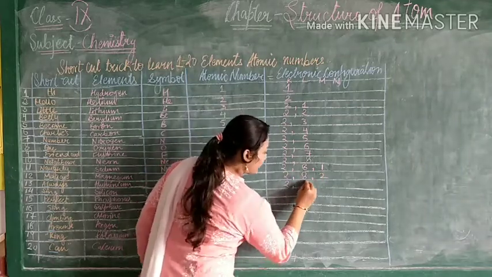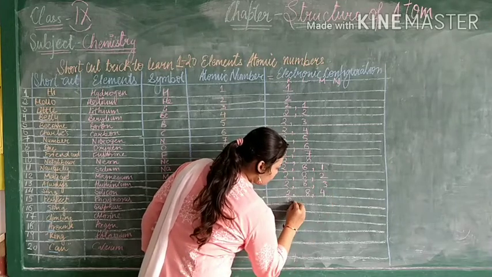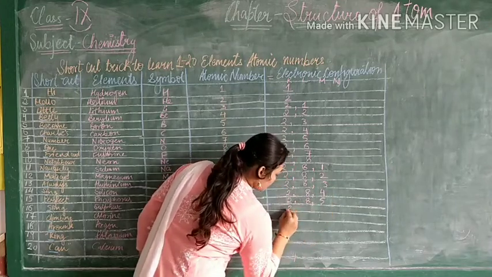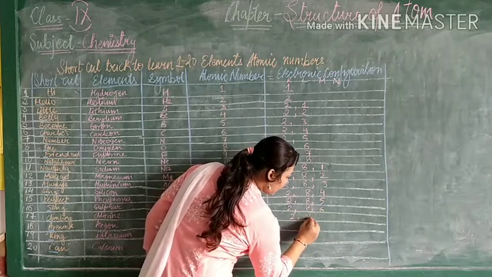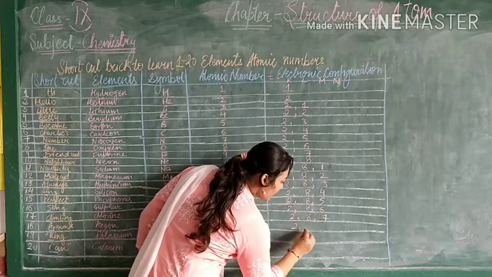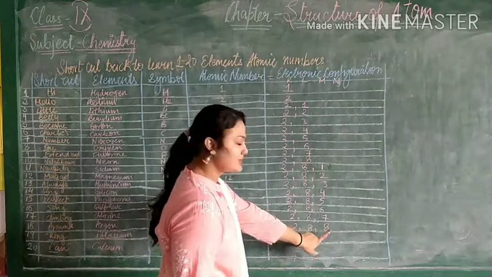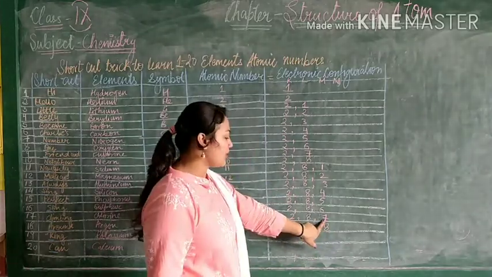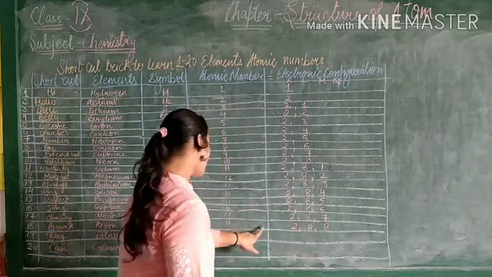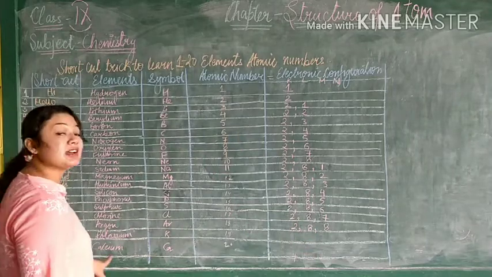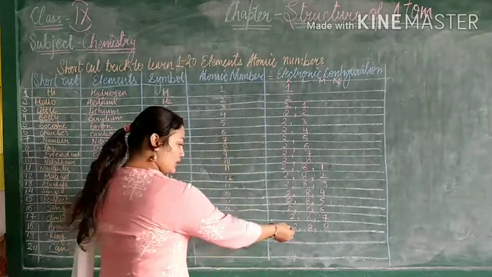Same way, 2, 8, 3, then 2, 8, 4, 2, 8, 5, 2, 8, 6, 2, 8, 7, 2, 8, 8. Again 8 has come in the outermost shell. See here it is not stable because 7 is coming in the outermost shell. Here it is also not stable because 6 is coming, but here 8 is coming. So now let's see which it is. 18 is argon. And argon is also a gas which is really stable in nature. So it is also very stable.